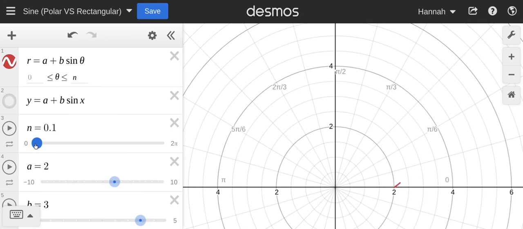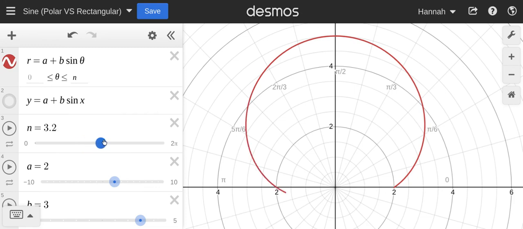What we're going to do is see how this grows, okay? What I want you to see, first of all, is where it starts. As we start out, it doesn't start from the origin as you would expect. It starts over here where that 2 is on that horizontal axis. So you see it starting there, and it grows and grows until it reaches that max point. Now remember, that max point is the sum of A and B. So 2 plus 3 is 5, and that's where you can see this is hitting out here on that vertical axis. Then we keep going, and it starts dropping back down,